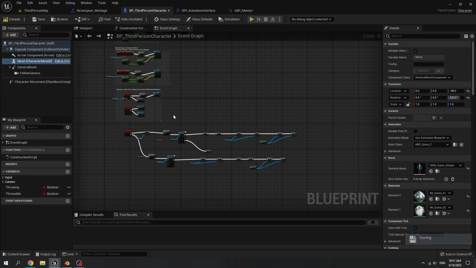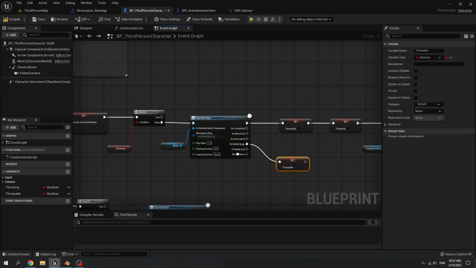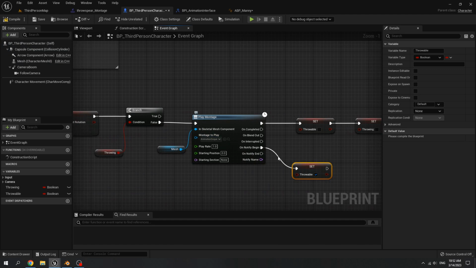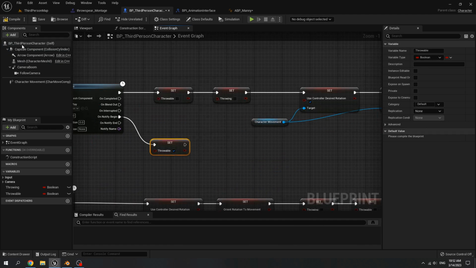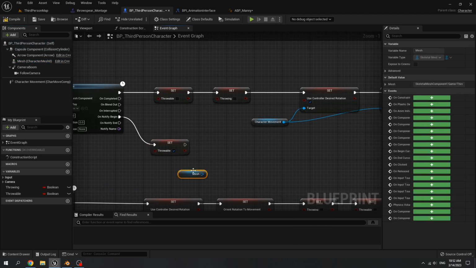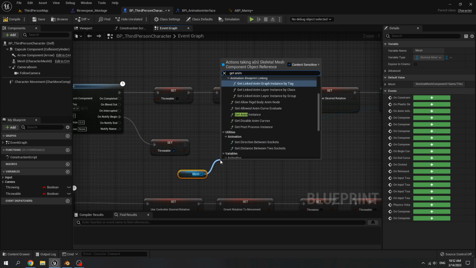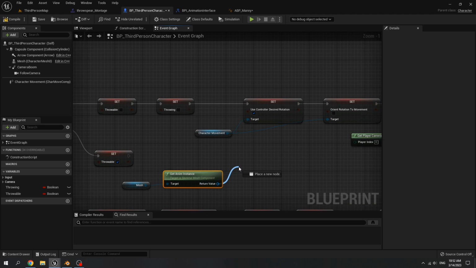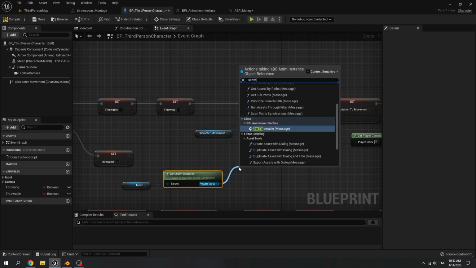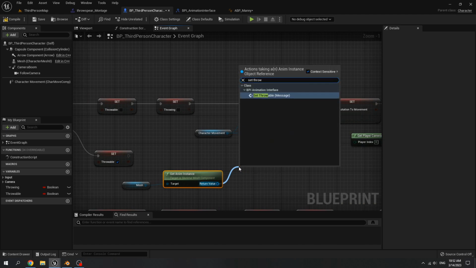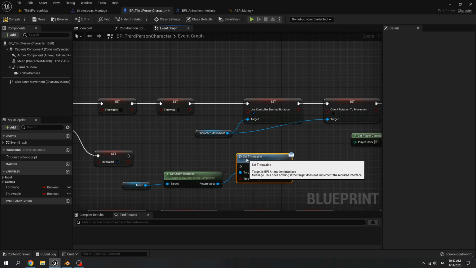Go to the third person character blueprint. Enter the animation montage. After notify begin, get mesh, get anim instance, and call set throwable message.